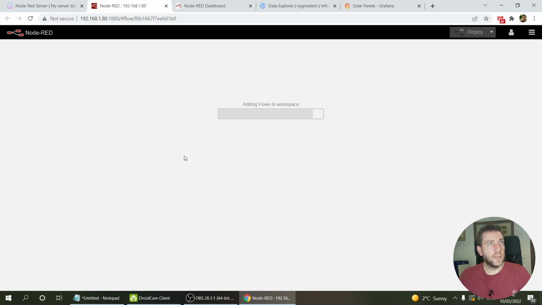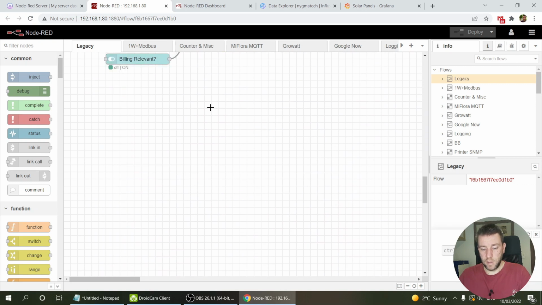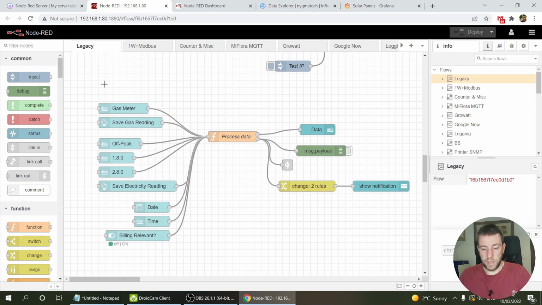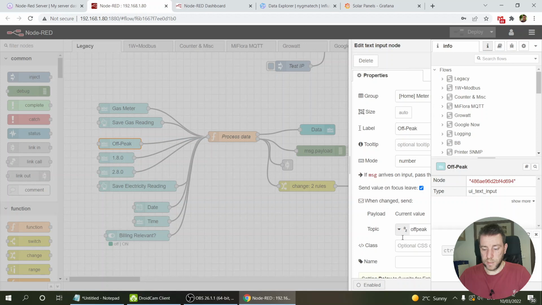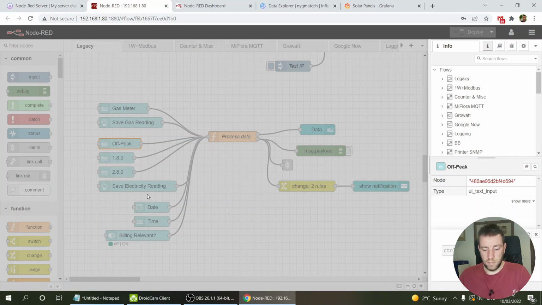Because I think the Unix timestamp or the JavaScript timestamp is in milliseconds, but by default when you send data in to InfluxDB, it's in nanoseconds. So let me show you the flow, which is that much. I have all the UI elements, and all these UI elements have different topics. You can see it has a topic of off-peak or some other topics, and then it goes into a central